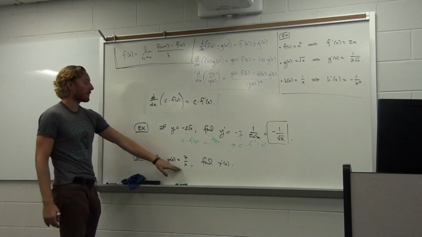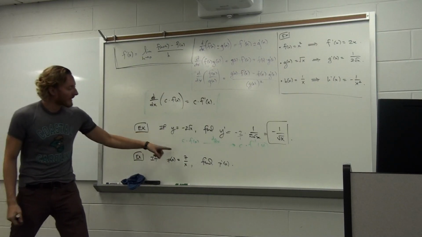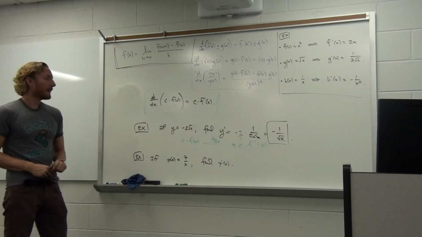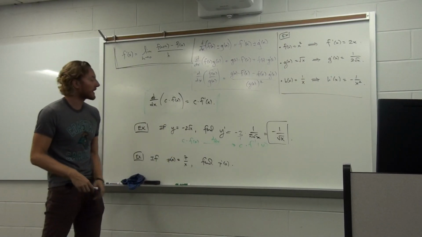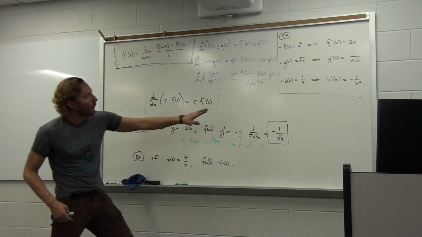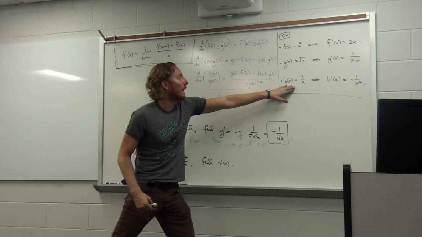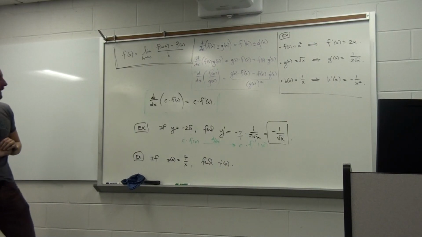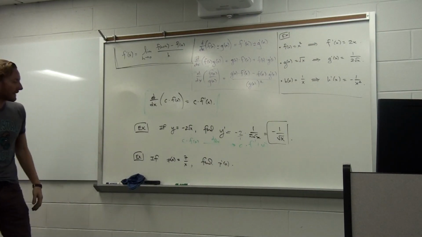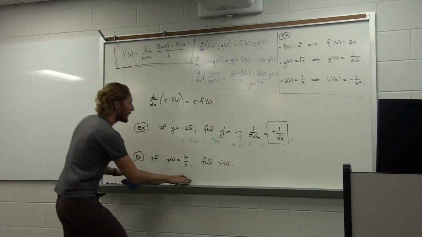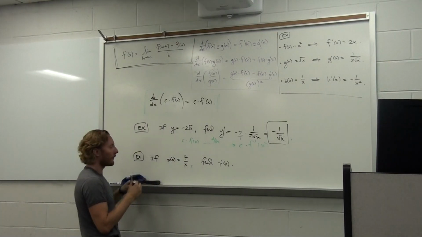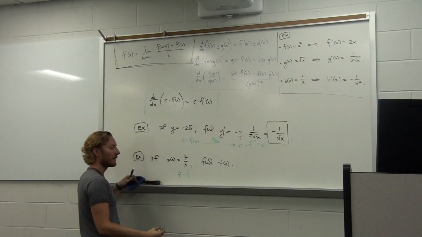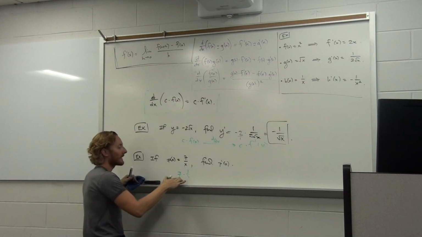Okay, what about this guy below? We've got p of x equals 7 over x. Now on the surface, this may look like it's a quotient because you've got something divided by something else. But knowing that we have a formula that we've computed for the derivative of 1 over x, well, let's sort of apply that to this situation. Because if you think of 7 over x as 7 times 1 over x, now you've got a constant times